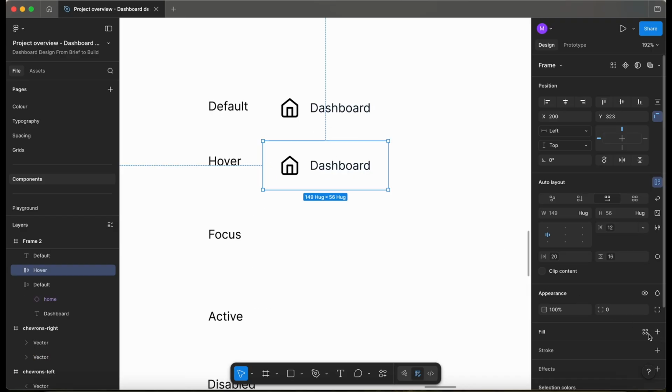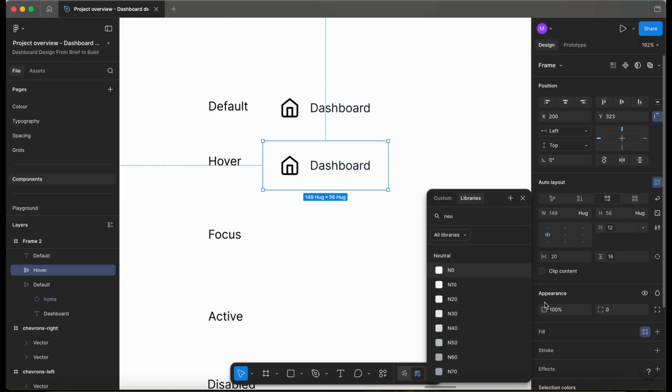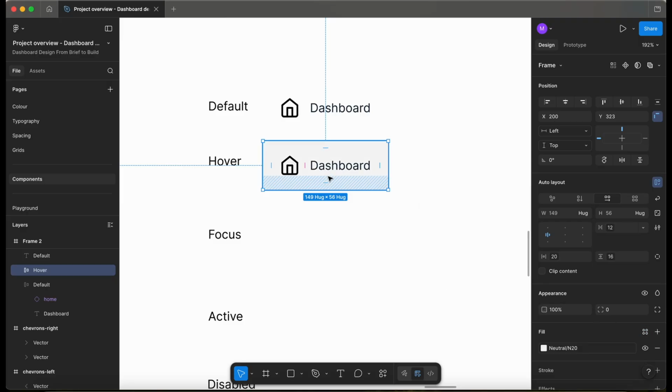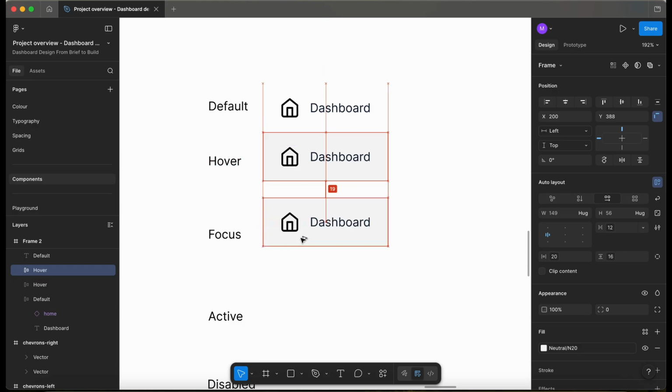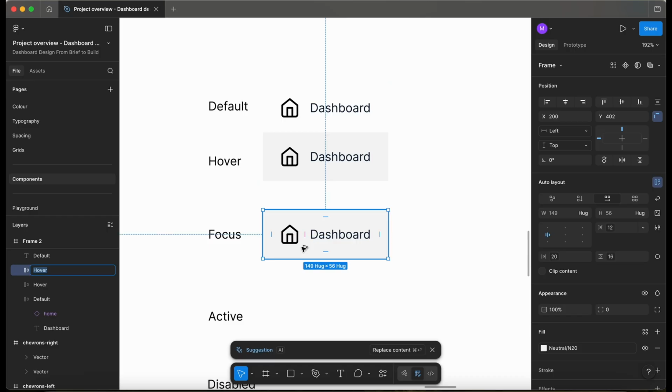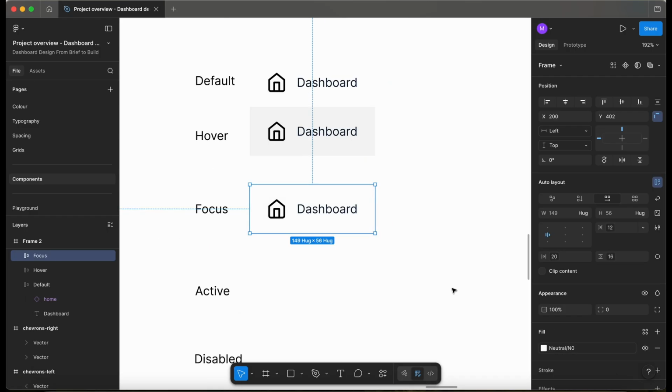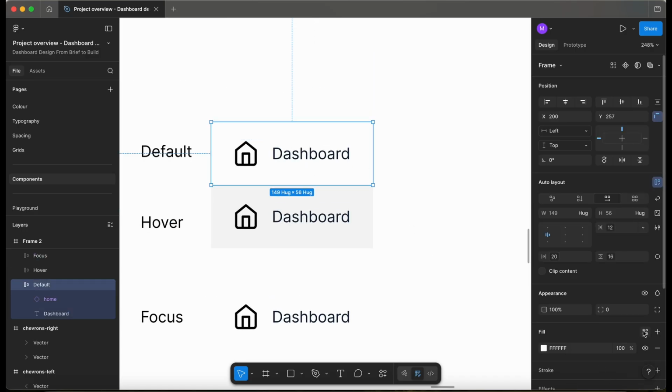Okay, so onto hover, let's just add a fill. Let's go to neutral and let's just slowly scale this up for now. We use some of the grays, I think that'll be fine. So let's use neutral 20. Let me option click and drag, Command R, let's change that to focus. Okay, let me just go back to neutral 0 for focus, and actually I should probably do that on the default as well,